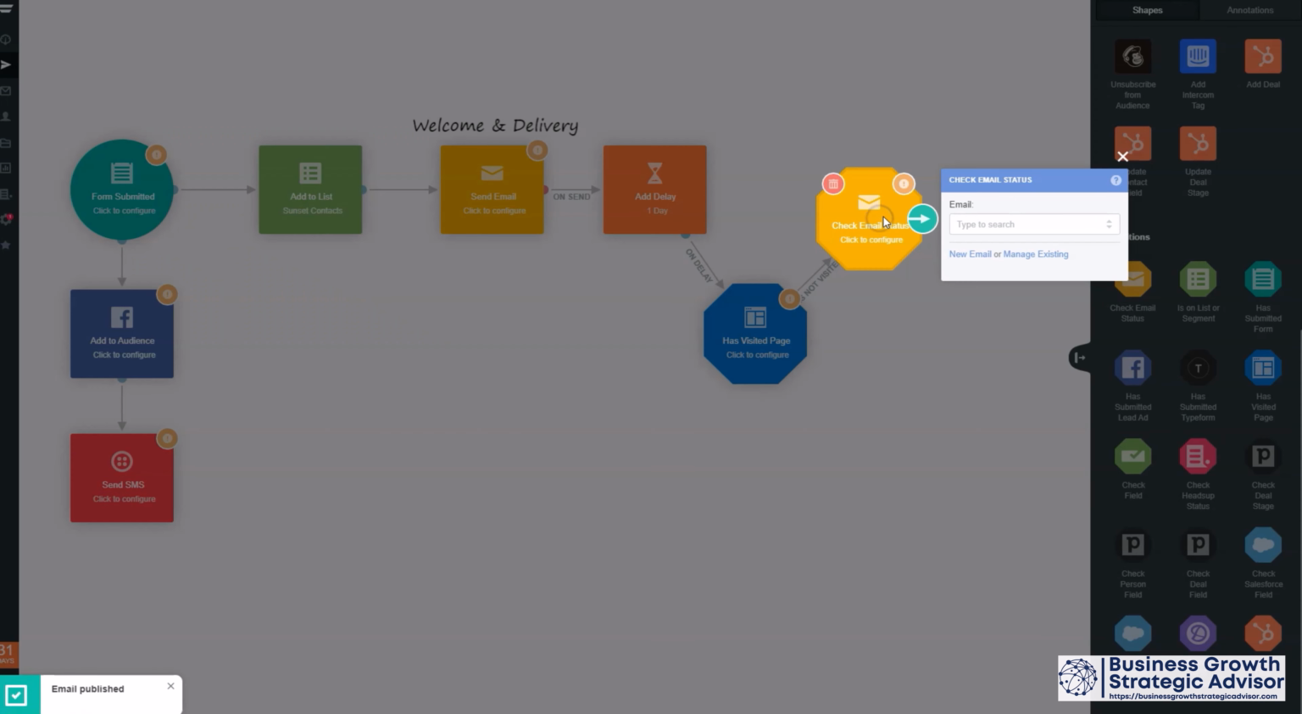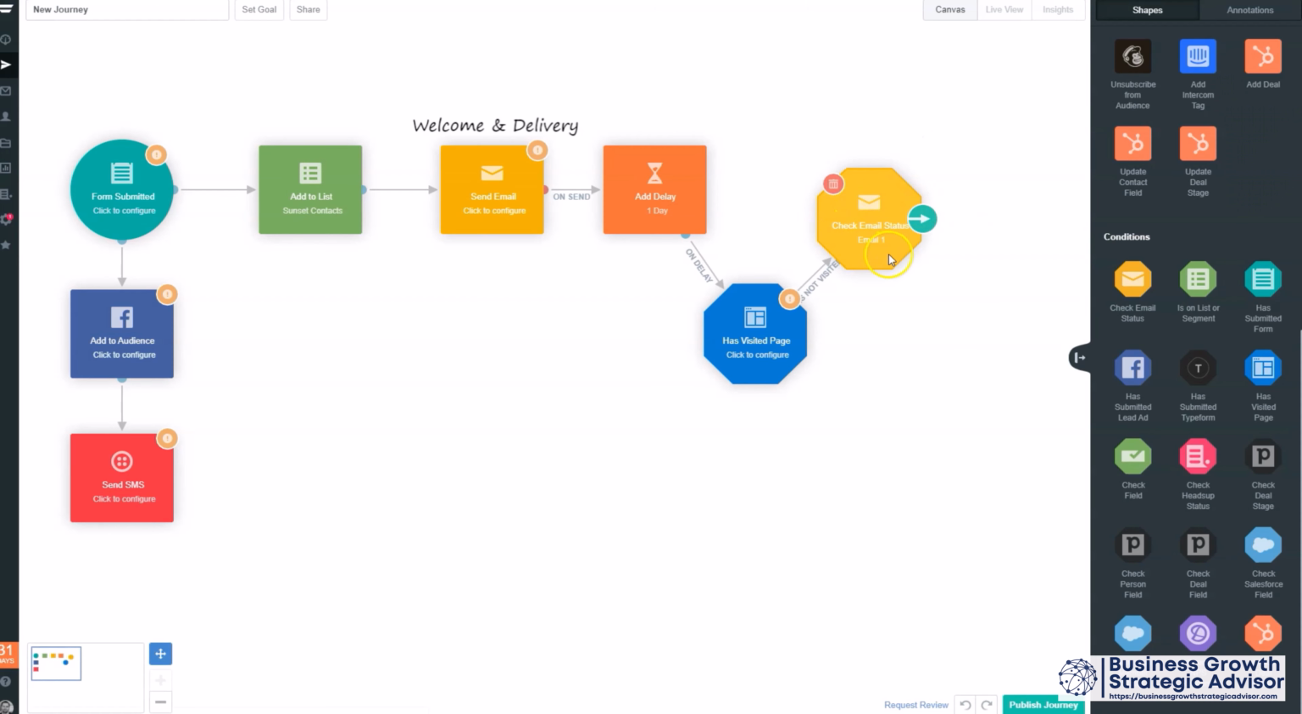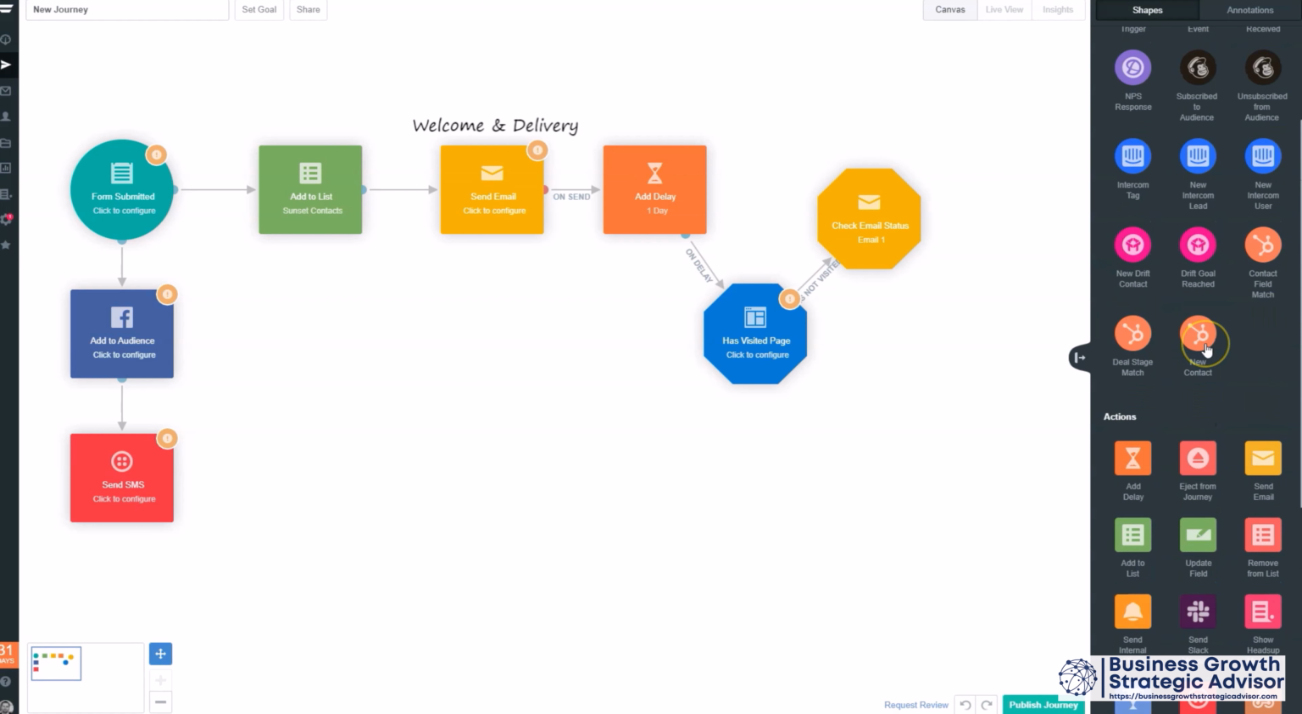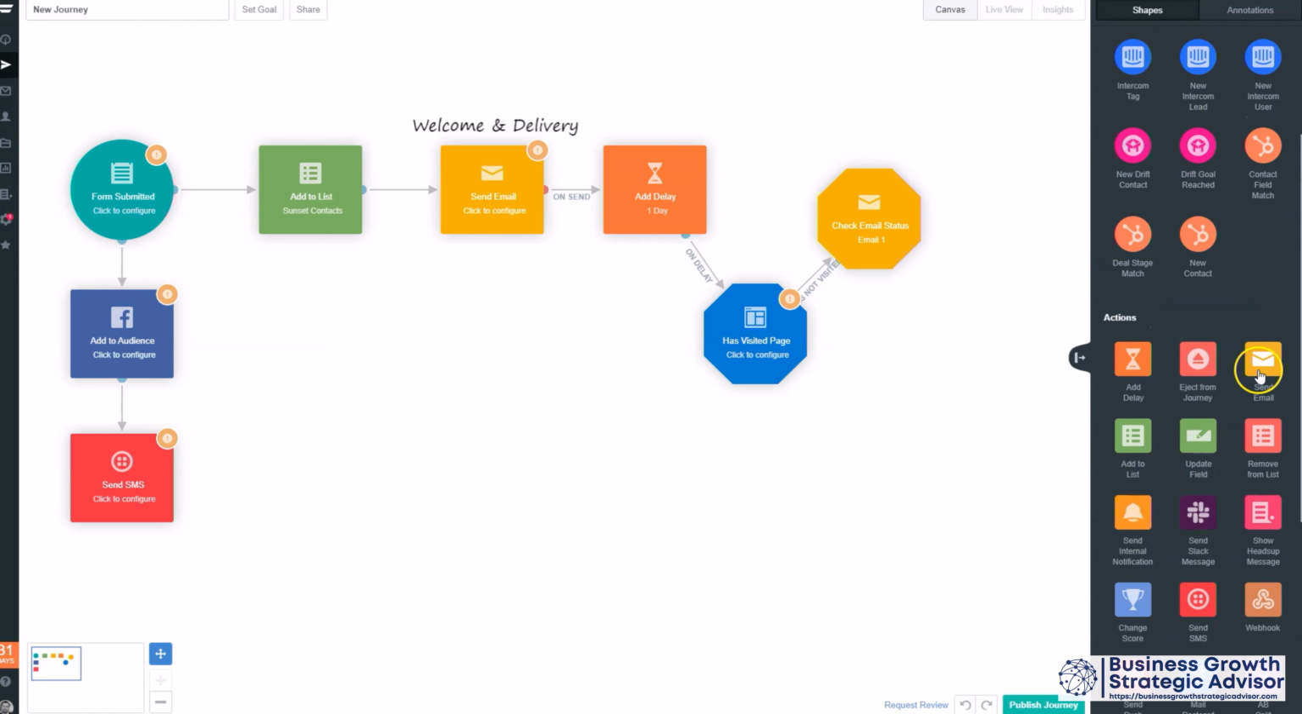Okay, so if they did not open email 1, which is over here, the welcome and delivery email, if they did not, then we're going to want to resend that email, okay? Because that happens. Sometimes people don't check the welcome email or the delivery email that they just got right after they opted in for something. So you send it a little bit later. So in this case, if they have not opened,